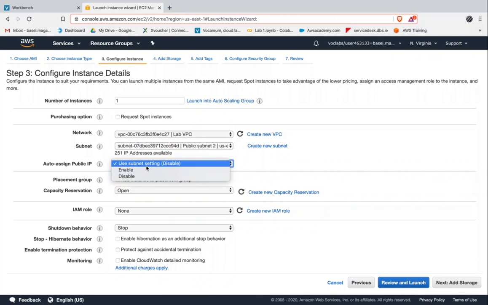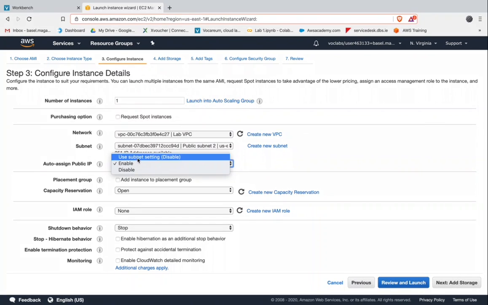Now there is something very important for you to remember, which is allow auto-assign public address. You need to make sure that this is enabled. If you use the subnet settings, then it will be disabled, and you have to enable it from the subnet level, which is an advanced step to do. So keep in mind, in order to make this EC2 accessible from the internet, you need to